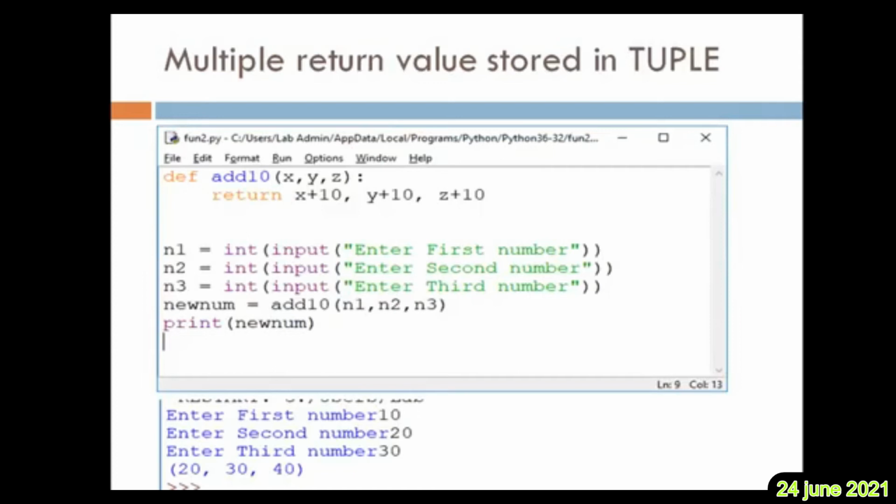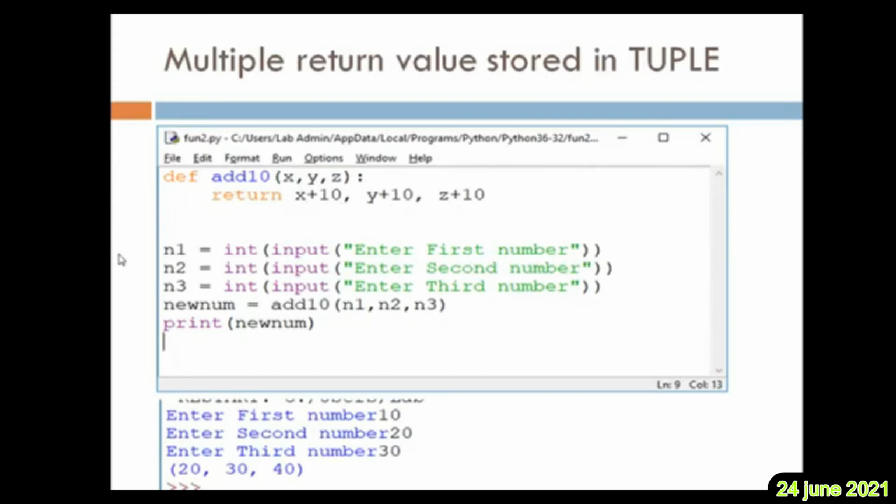Okay. Please go through this slide here. What exactly does this program do? This is your function definition, starting with the def, name of the function, having 3 parameters and having body x plus 10, y plus 10, z plus 10. The meaning of which is x, y, z will receive the values from a function call, then it uses x, y, z to compute these, right? So these are your top level statements, understood?